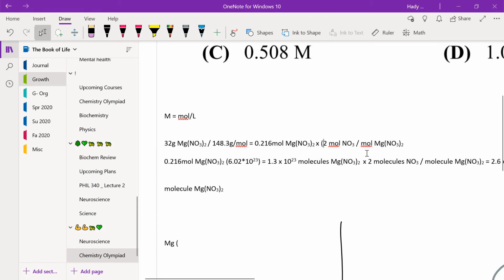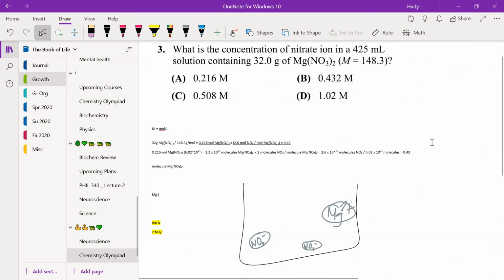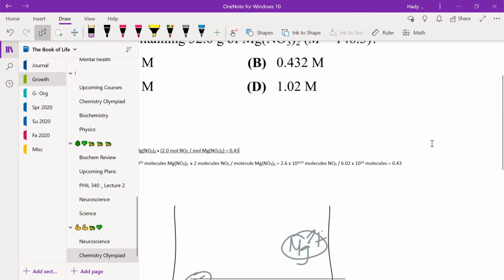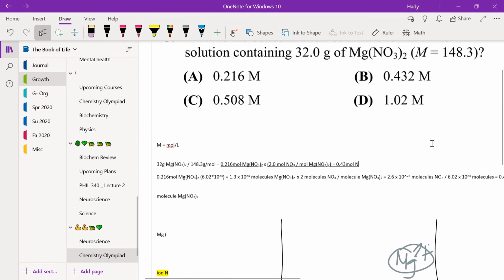So let me take a little process. So we had that. Add that. Oh, that looks awful. Yeah, so you had 0.0216, I'll make it a little more obvious that it's a number, you just multiply by 2, and you get 0.143-ish. And yeah, I can already say this. You have that many moles of NO3,